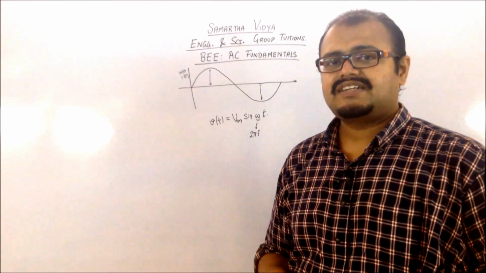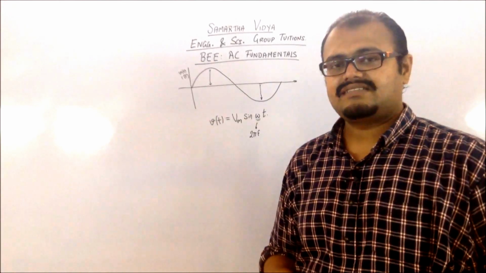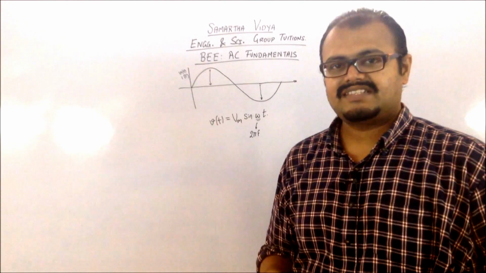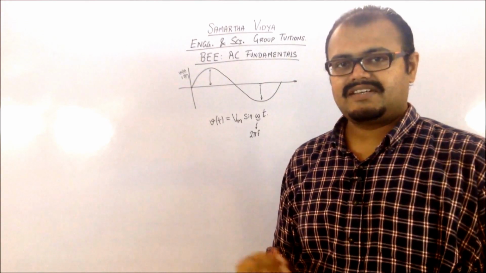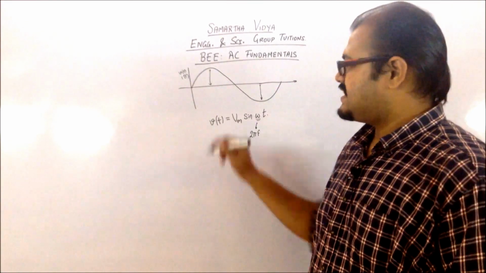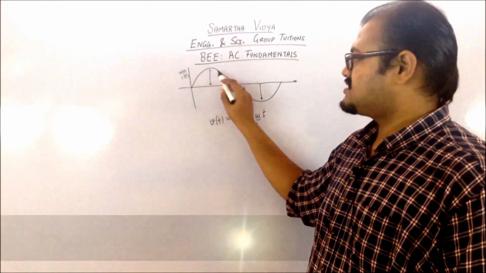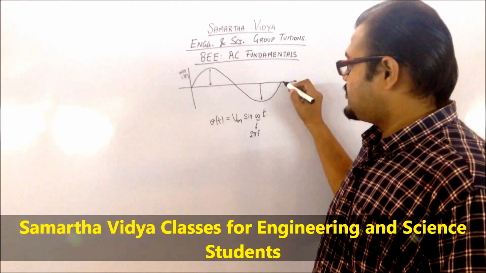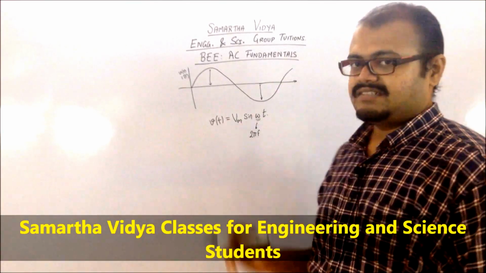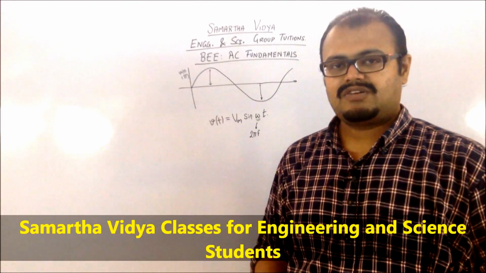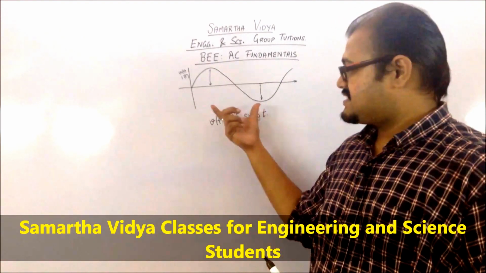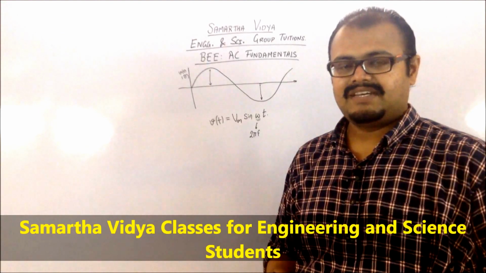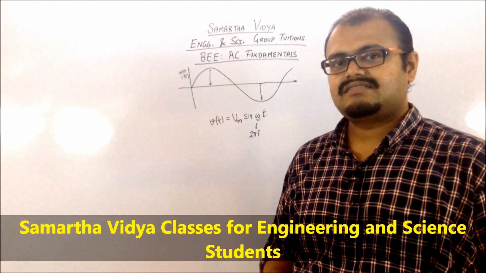So in this case, these are the peak values of this particular waveform. The next thing which you should understand is called the cycle. So cycle is nothing but a repetition of the positive and the negative values in a particular fashion. You can see that this particular waveform is having a positive set of values and a negative set of values, and it will continue to do so in the same manner after a certain amount of time. So the repetition which is occurring after every certain amount of time is called a cycle.